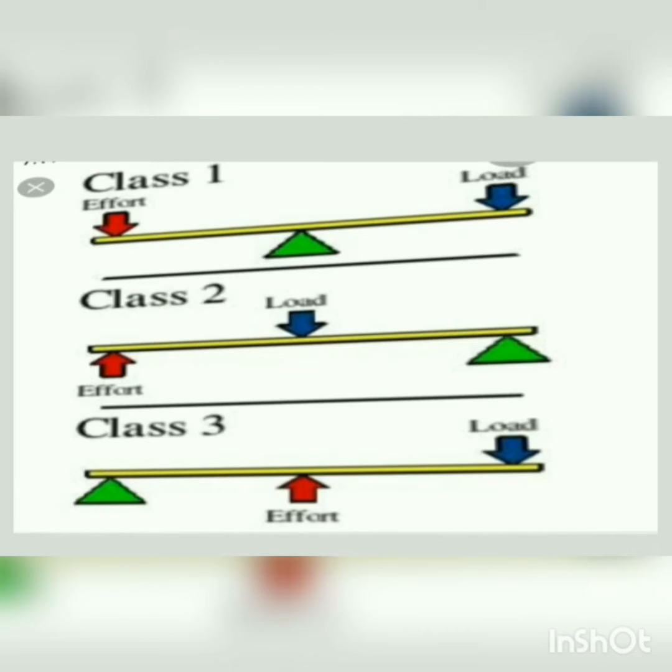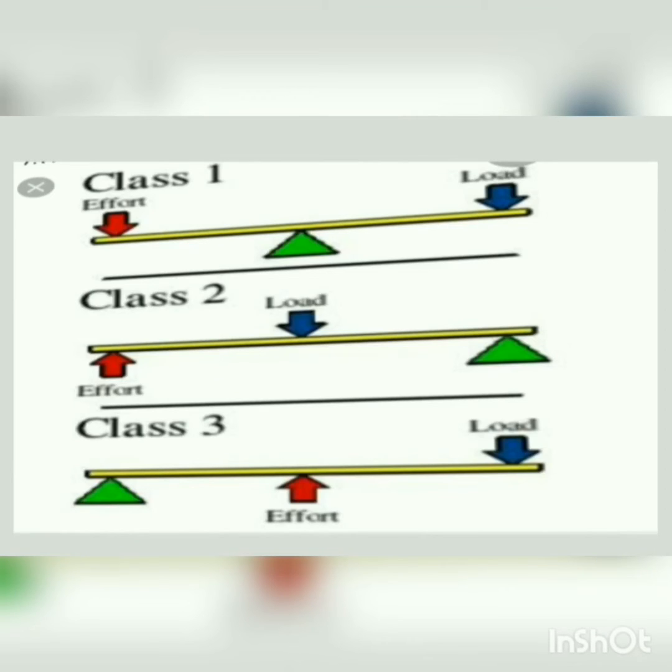And in the second class lever, the fulcrum and the effort are at the two ends of the lever, and the load is somewhere in between the effort and fulcrum. That is shown in the figure. So, in this way, the load and effort are in the same direction, and the effort arm is always longer than the load arm. That's why MA is always greater than 1.